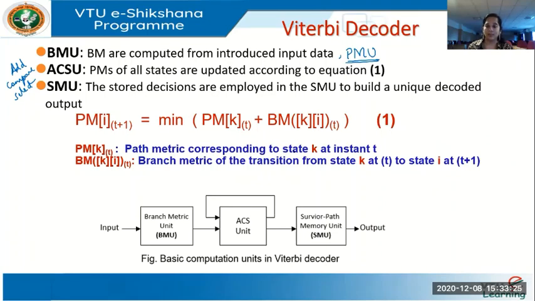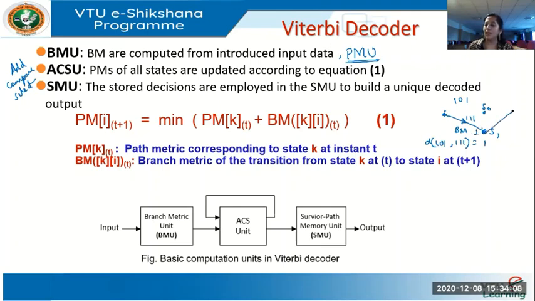I think you'll be able to understand this clearly from the example when we consider the trellis. In the trellis, we'll be moving from one state to the other. So from here to here, if say this is S0, S1, there will be a branch metric. So what is that branch metric? I have received some code vector and this branch has, let's say, the code vector as this. What you receive is this. This branch has this code vector. What is the Hamming distance between 101 and 111? So the distance is 1. So the branch metric for this transition is 1.